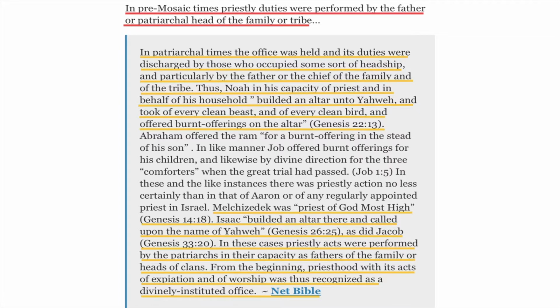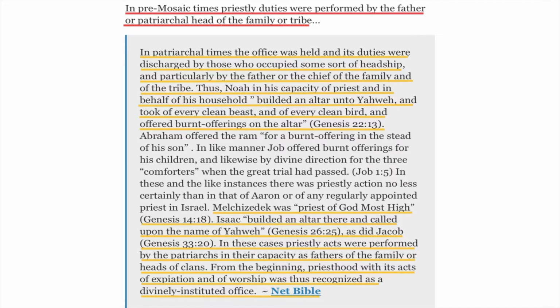Melchizedek was priest of God Most High, Genesis chapter 14, verse 18. Isaac built an altar there and called upon the name Yahuwah, Genesis chapter 26, verse 25, as did Jacob in Genesis chapter 33, verse 20. In this case, priestly acts were performed by the patriarchs in their capacity as fathers of the family or heads of clans. From the beginning, priesthood, in acts of expiation and of worship, was thus recognized as a divinely